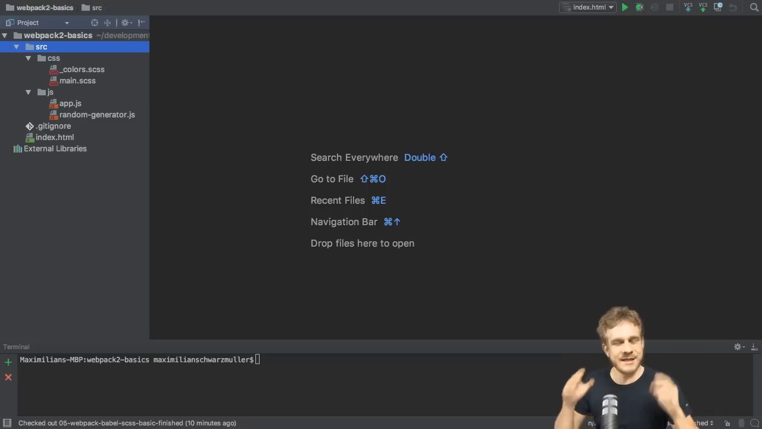Welcome to this video. In this video, we're going to build a basic Webpack workflow compiling ES6 code with Babel to ES5 code so that it runs in all browsers, and compiling SCSS, which is a superset to CSS, to CSS code so that it also runs in the browser,